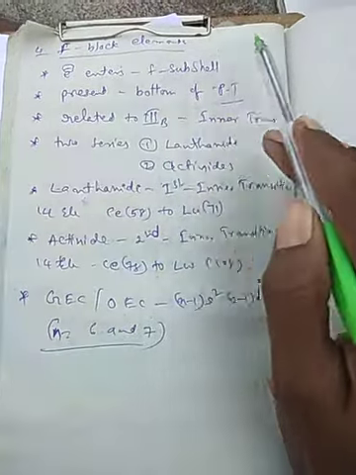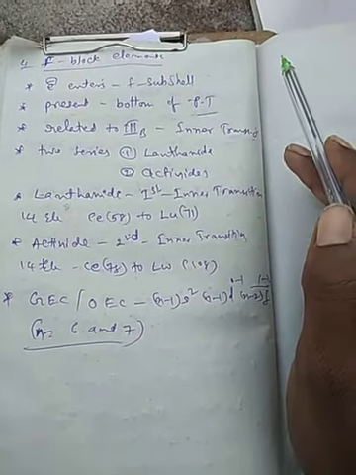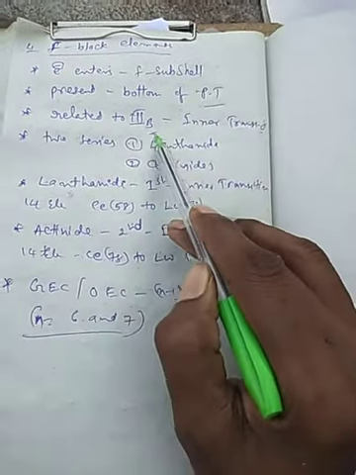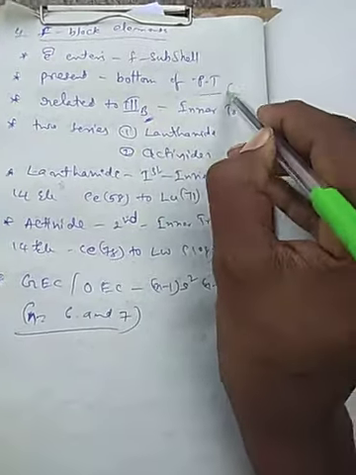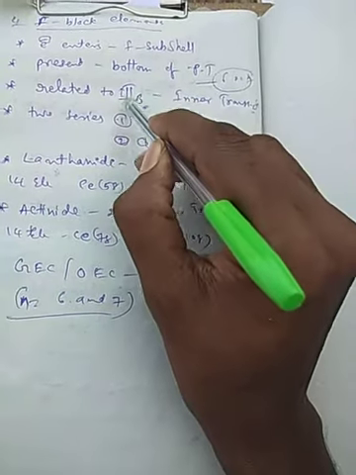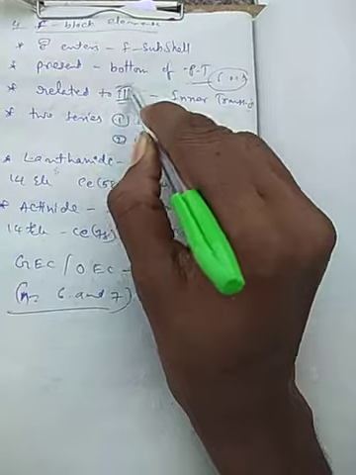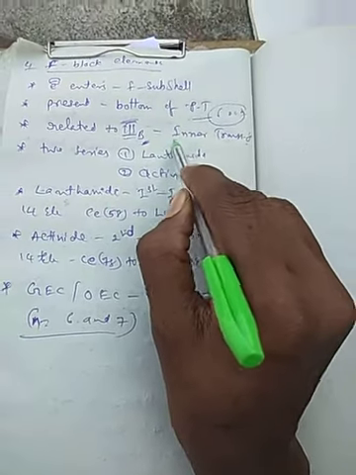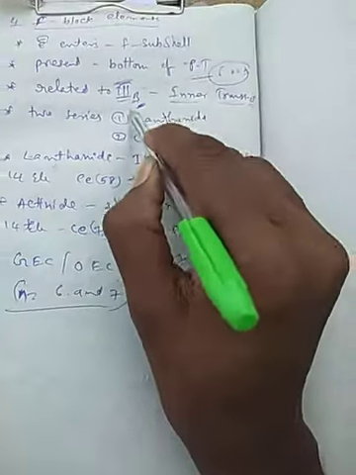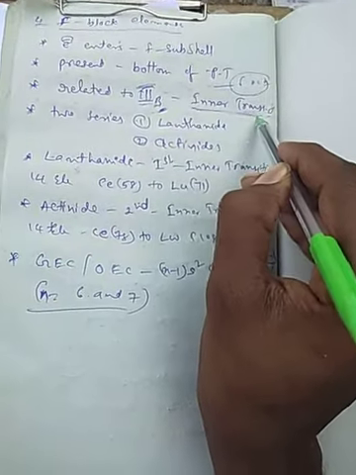These f block elements are related only to the sixth and seventh periods of the 3B group elements. This is the reason they are called inner transition elements. Their transition elements are present in 3B; in that one they are present inside, so they are inner transition elements.